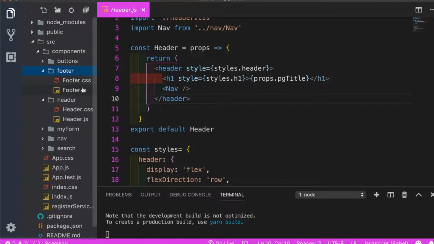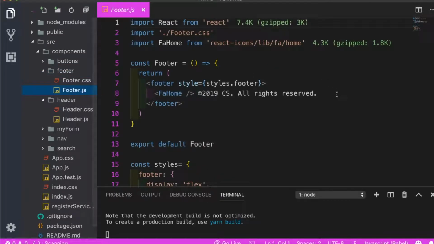You will need a footer.js file and a footer CSS file. This one will look very similar to the header that we just created, except for the difference of footer. My component name is Footer in this element. I'm also using a footer element tag. In this component piece, I also added an icon from the icon packages, and then I did a copyright,